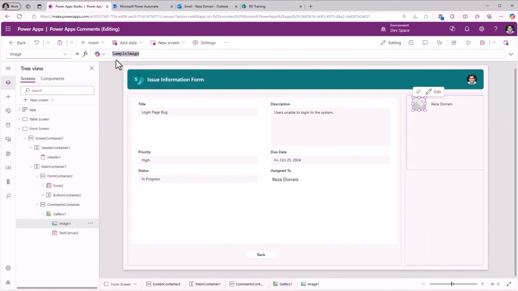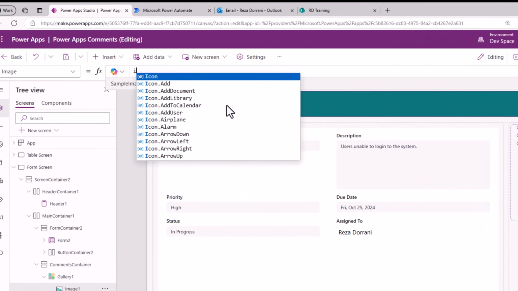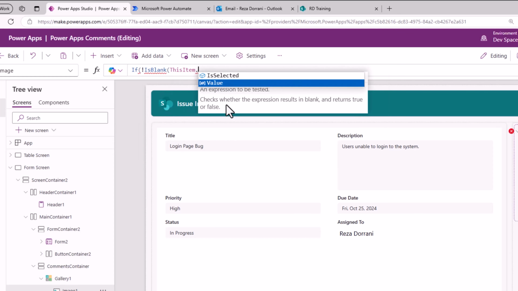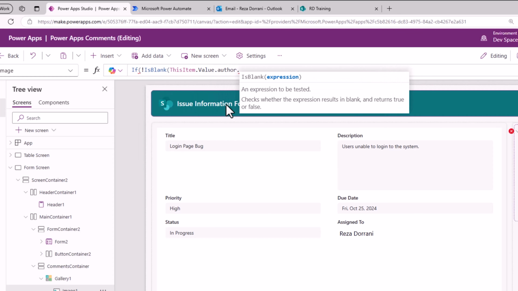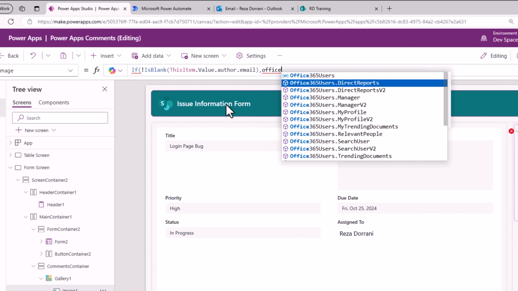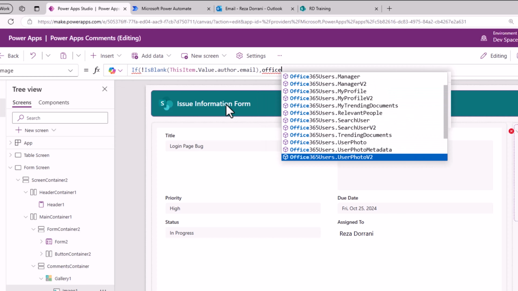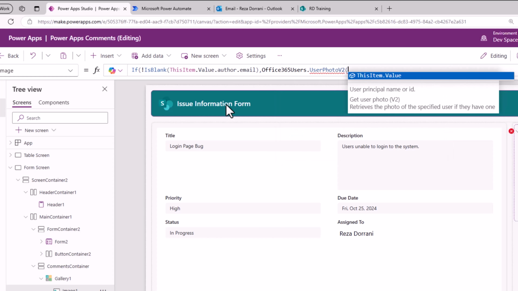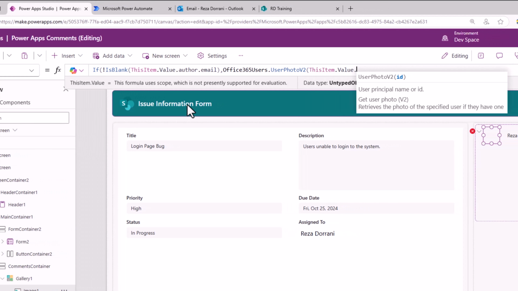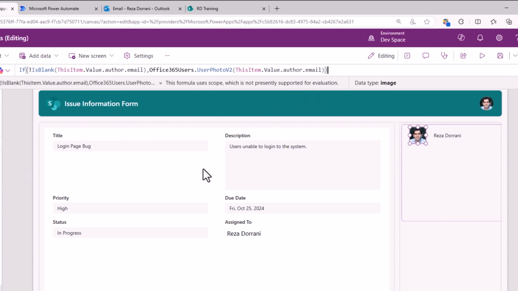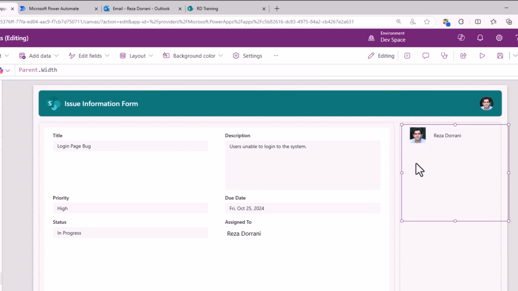For the image control's image property, I will use if not IsBlank(ThisItem.Value.Author.Email). So if this is not blank, then you go to the Office 365 Users action and pick the function UserPhoto V2. In here, I need to pass ThisItem.Value.Author.Email. So notice it picked the image of the author,